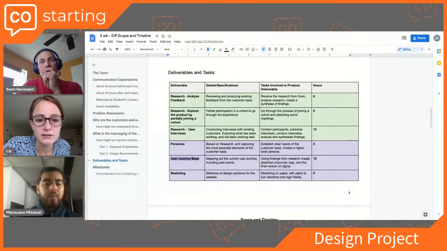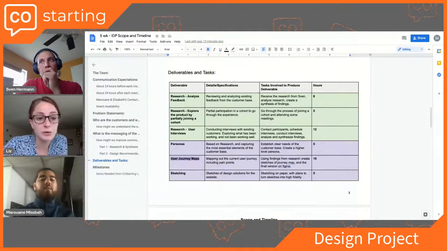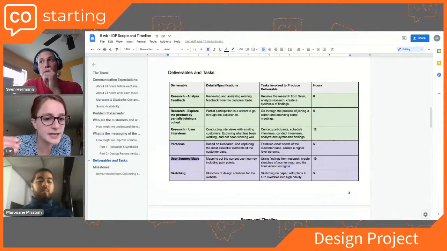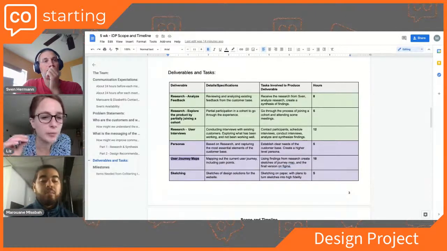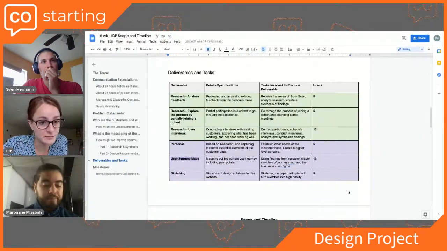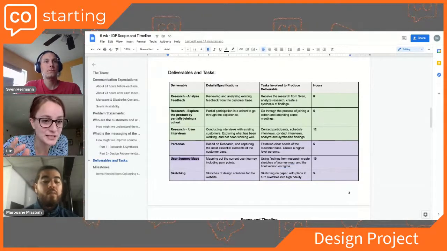Okay. So with the feedback, we're going to get that feedback from you. We're going to analyze that, and we're going to synthesize it into the most critical themes that we're getting, the most critical pain points. The purpose here is to really understand your customer's experience as they're going through. We want to really dive deep. We want to really be the voice of them to understand what they're going through. So we're going to dive deep into that and get the most critical pain points, get the most critical experiences